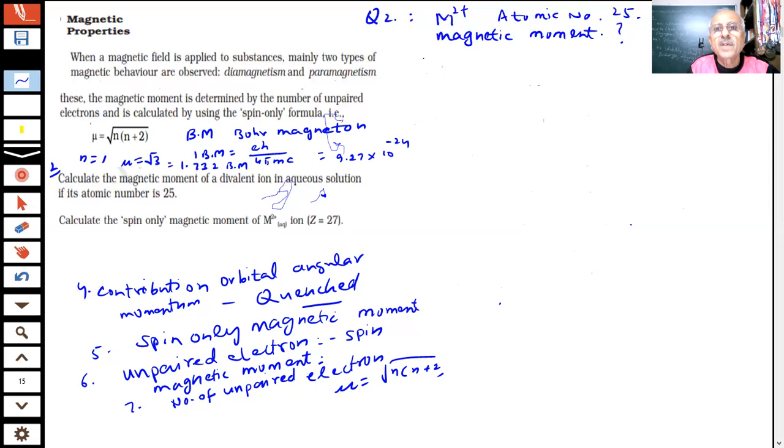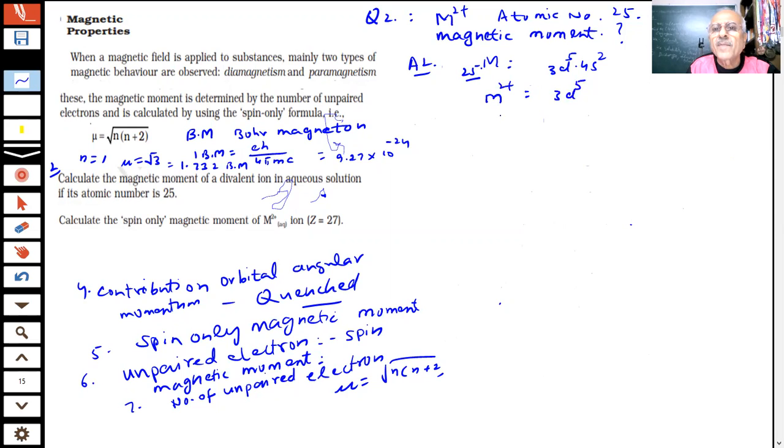It will be 5.92 Bohr magneton. Atomic number is 25. Then what is the electronic configuration, students? It is 4s2 3d5. This is 3d5 4s2. And Mn2+ means